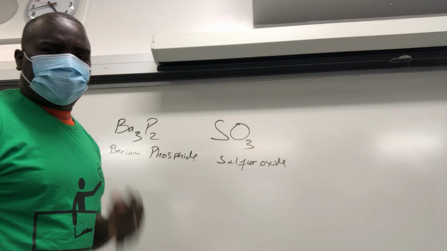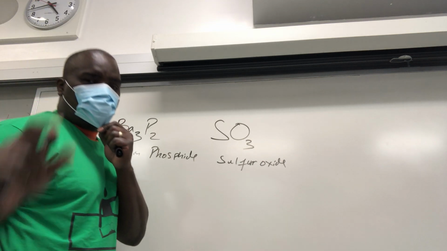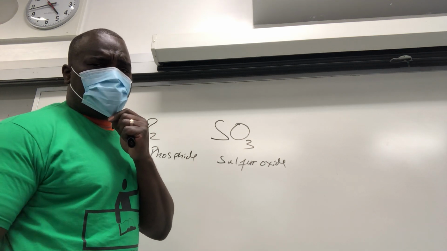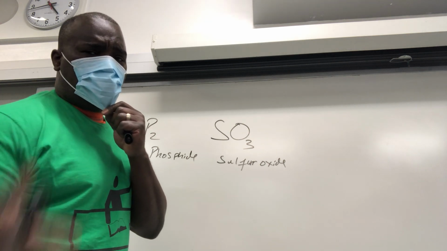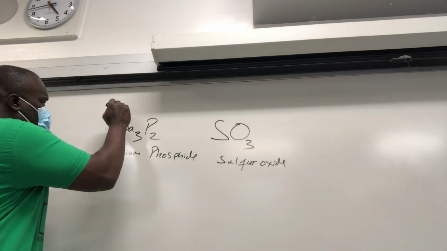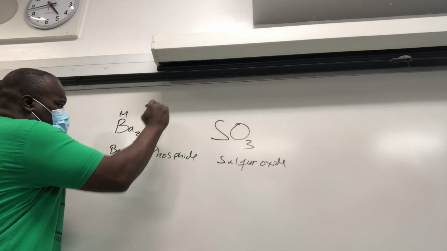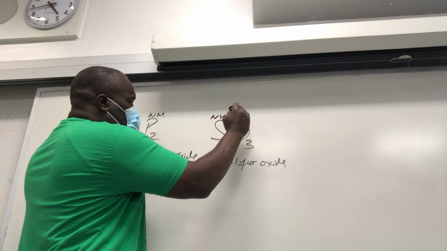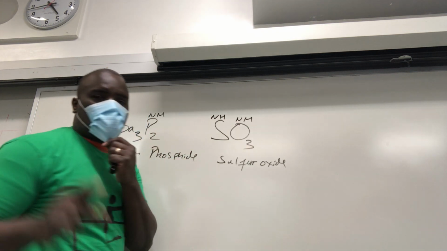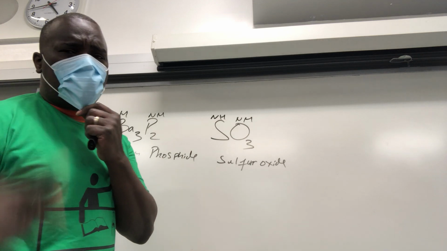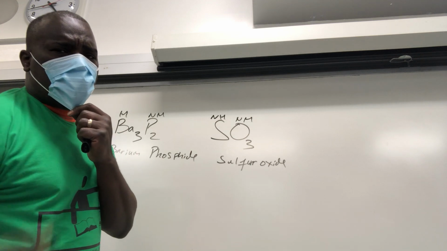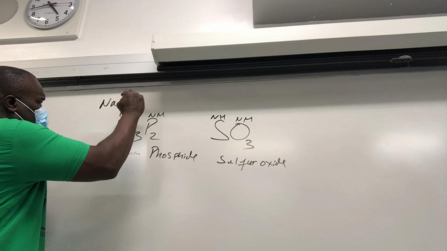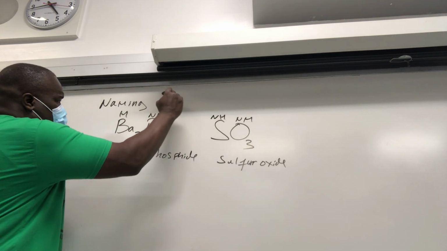Reason being, guys, before you start naming or doing dot structures for things, you have to know whether or not the compound is ionic or covalent. If you have a metal with a non-metal, that's ionic. But if you have non-metals only, that's covalent, and it has its own naming system. So today we're going to look at naming binary